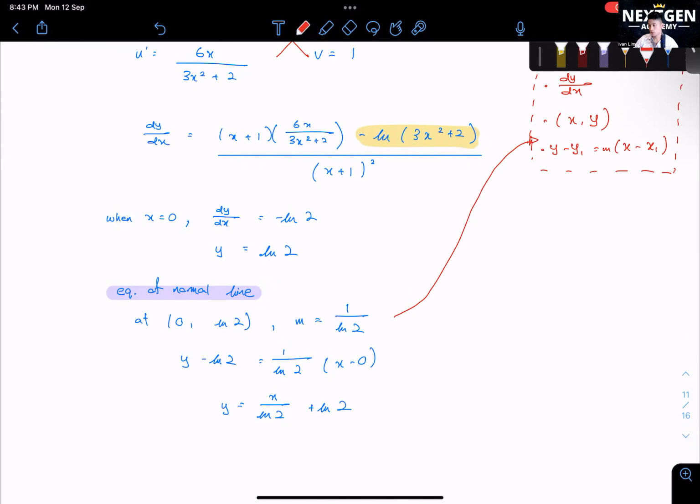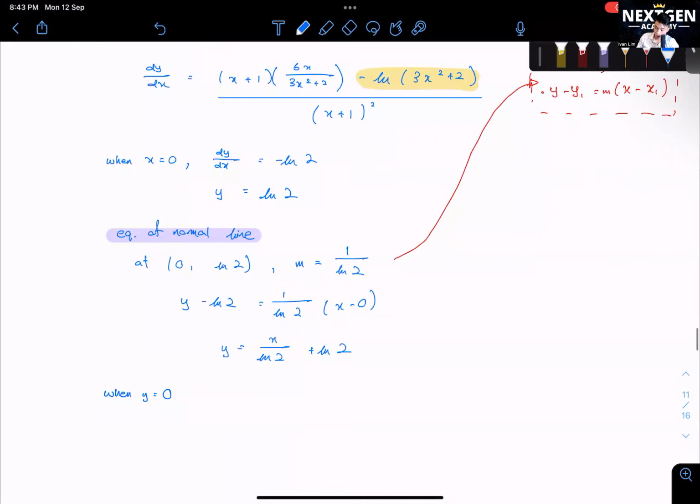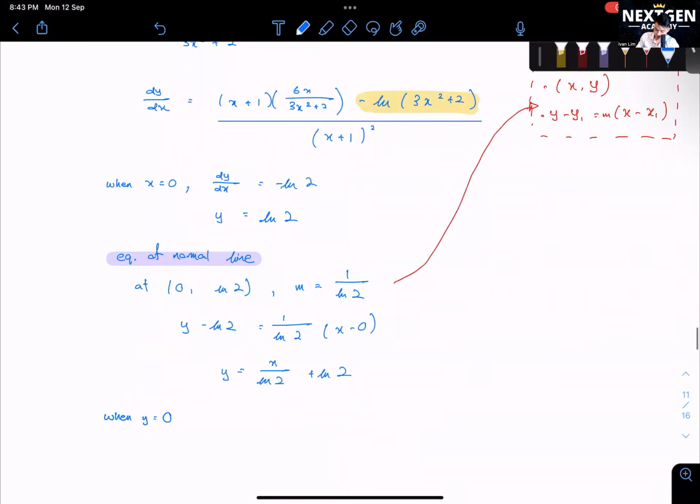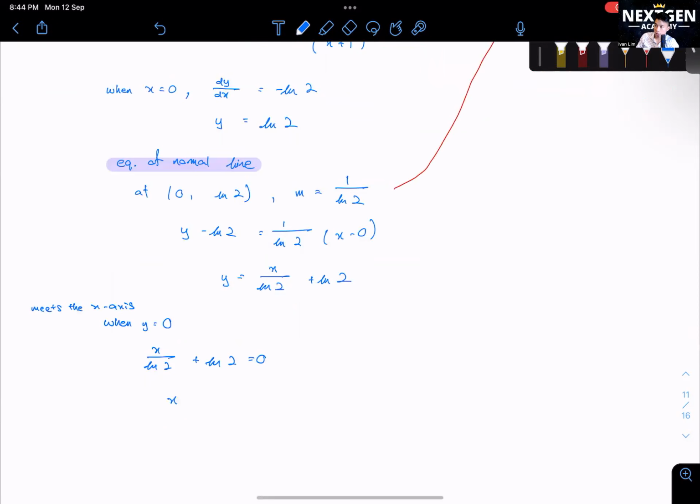y equals x over ln 2 plus ln 2. I want to find when it intersects the x-axis. Meets the x-axis means this is when my y is equal to 0. Just sub it in: x over ln 2 plus ln 2 equals 0. And then x equals to,